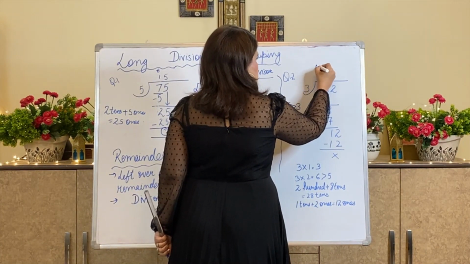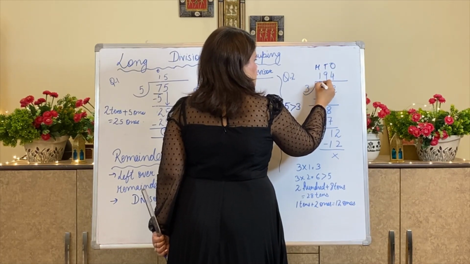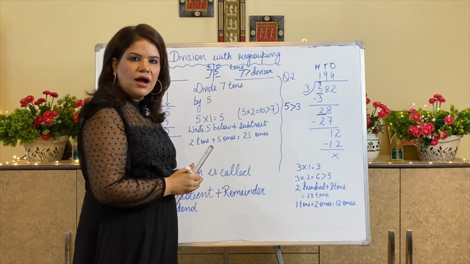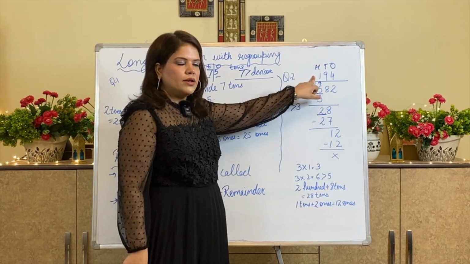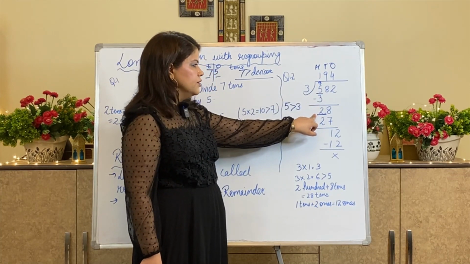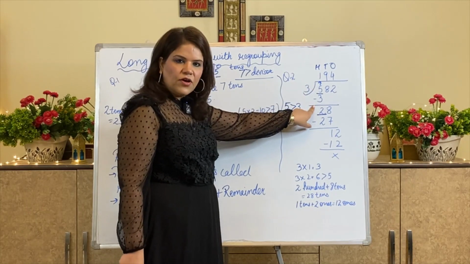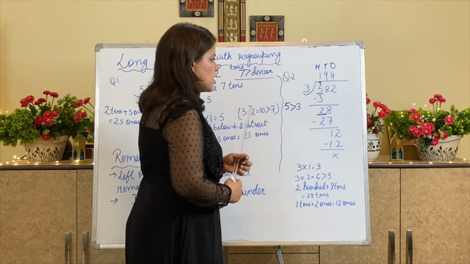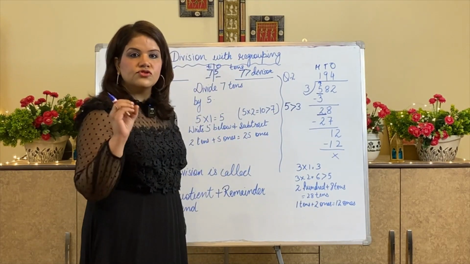And see, this is also hundreds, tens, ones. Since I am solving this number, its quotient will come above it. Understood? And its quotient is 1. 3 ones are 3. After subtracting, I am getting 2. So I was getting 2 from here, after subtracting 5 minus 3. So this 2 has come from the leftover of hundreds when I solved it.